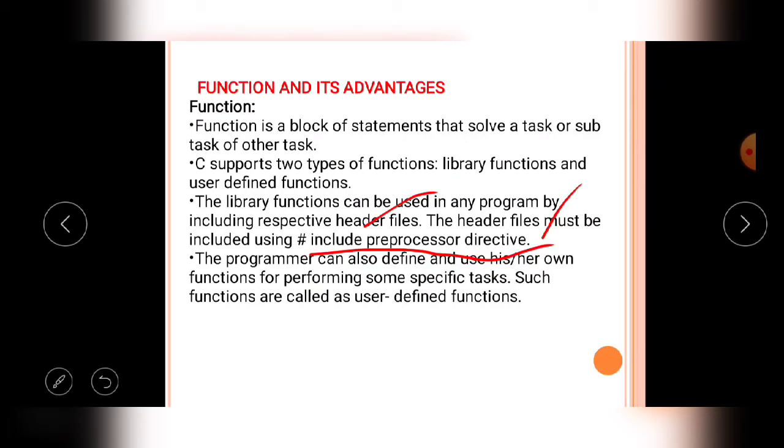Then next point, the programmer can also define and use his or her own functions for performing some specific tasks. Such functions are called user defined functions. What is the meaning of user defined function? These functions are not defined by the C software. Listen carefully.